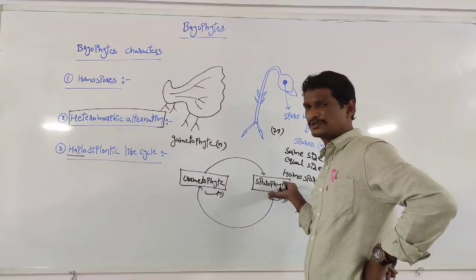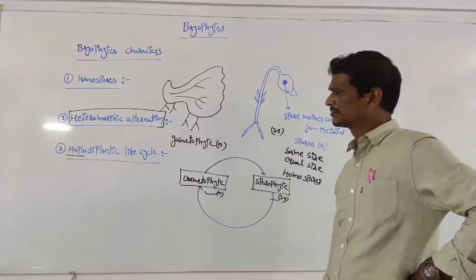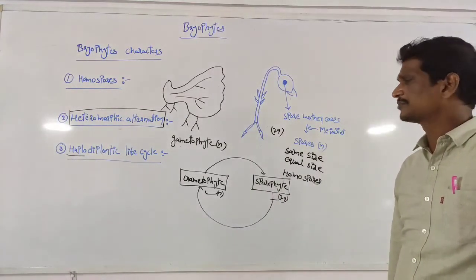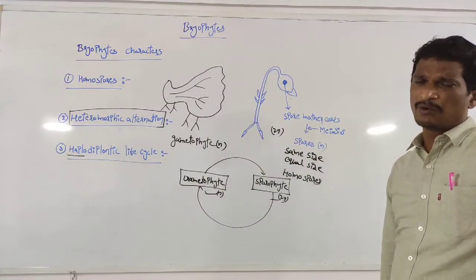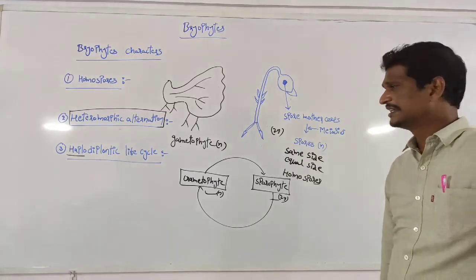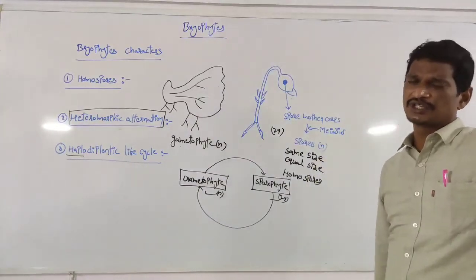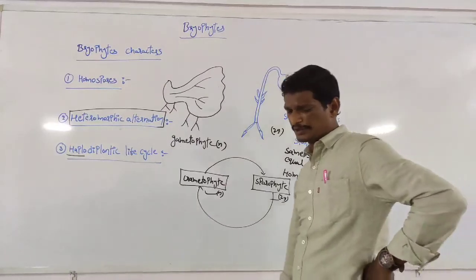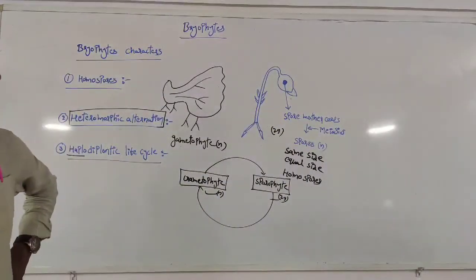Within one plant life cycle, both n and 2n stages are present. The simple definition is that equal amounts of haploid and diploid stages are present. That life cycle is called a haplodiploidic life cycle. Next we will discuss the structure and